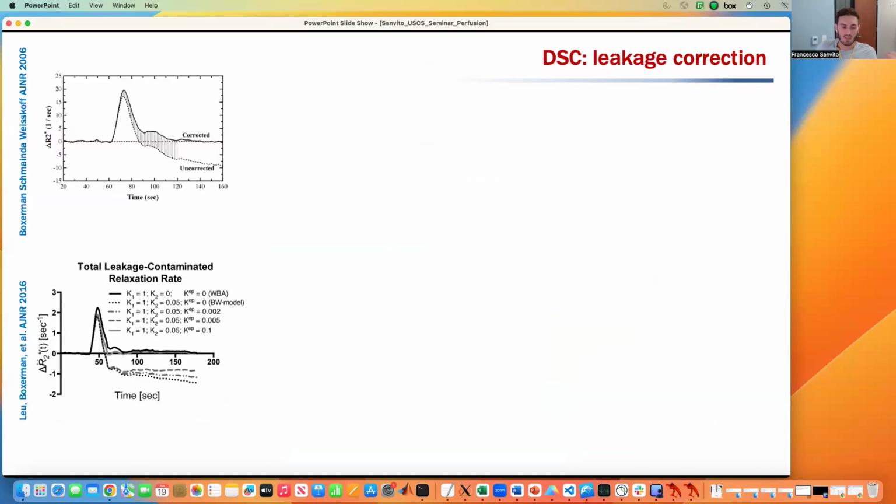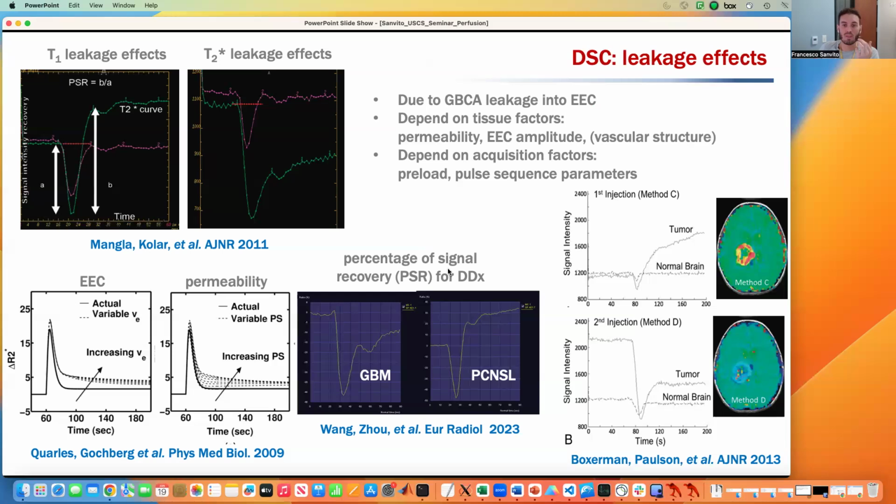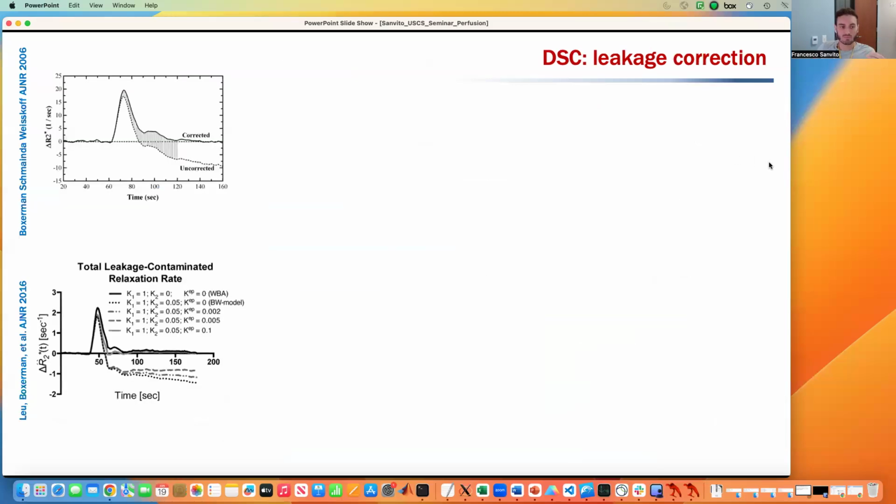So we said there is leakage, and historically the problem was more of a T1 leakage effect because historically people would use very T1 strong sequences like high flip angle and so on. But this is not even that important. The important thing is that there's been a mathematical leakage correction that's been proposed. The first and historical one that most clinical software products have is the Boxerman-Schmainda-Weisskoff